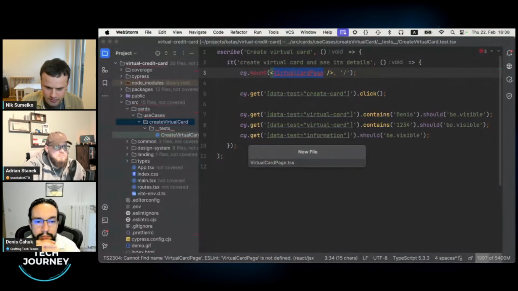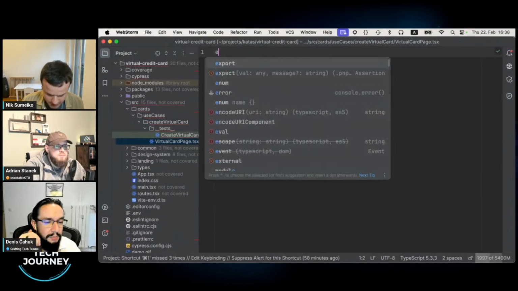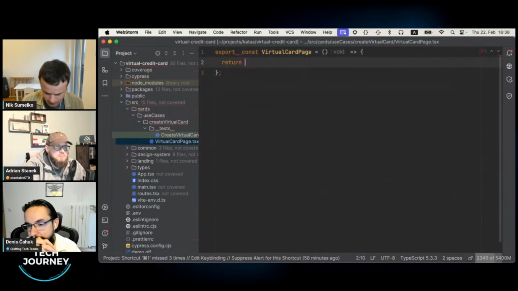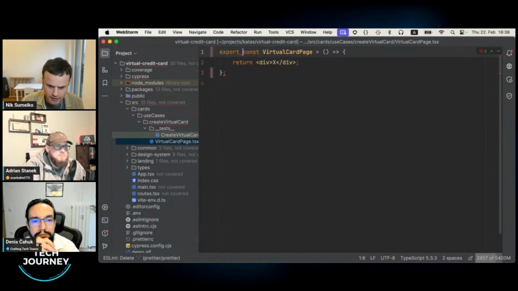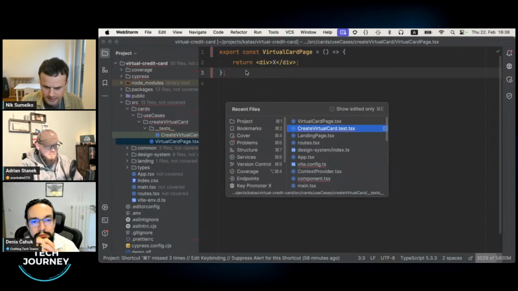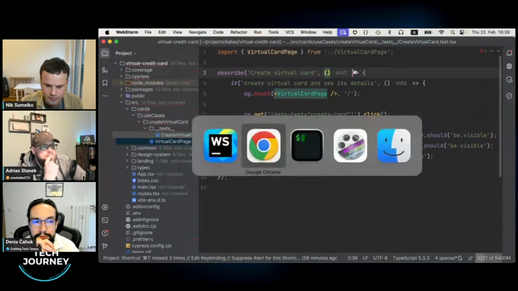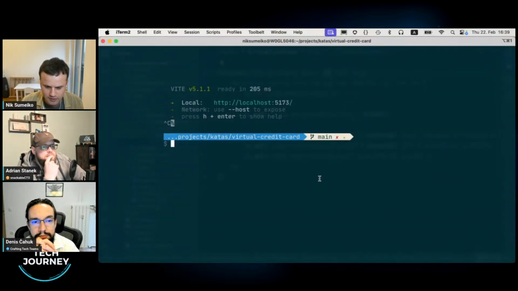Okay. So there will be this TSX component. Step 1, make it compile. So something like this, and there, let's say, we'll return whatever we want for now, just to make sure that we can compile the test and it runs. We import that. My IDE suggests it, and we are ready to start the test. Okay, I will stop the Vite and I will run the test.